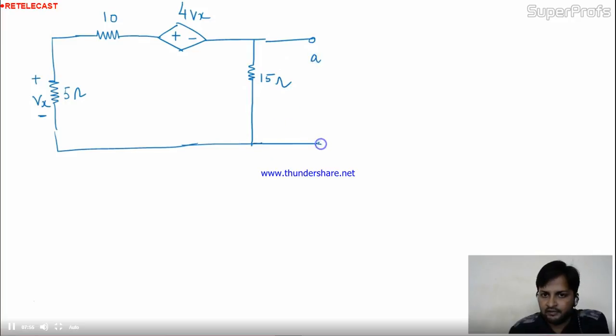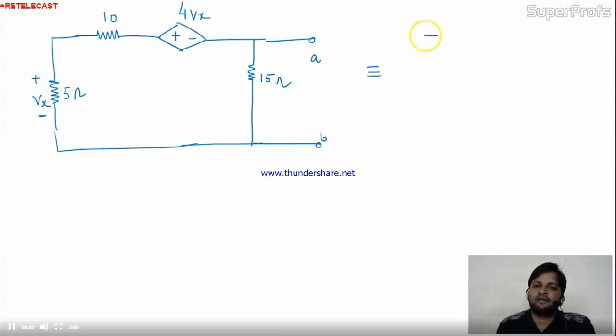This is the terminal given, A and B. Is it okay friends? Now what they are asking, they are saying find out the Thevenin equivalent voltage, and Thevenin